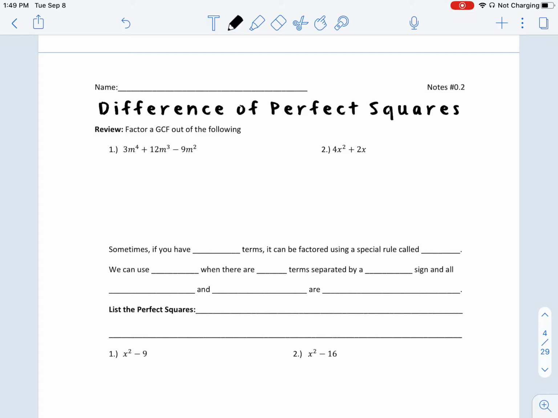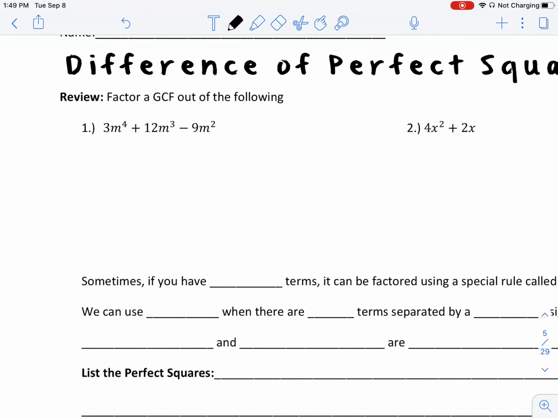Algebra 2. Right now we are doing our notes for 0.2, difference of perfect squares. So make sure you have your packets out and follow along with me while I go through these notes. We're going to start with two review questions that we just went over in 0.1, and that is factoring out